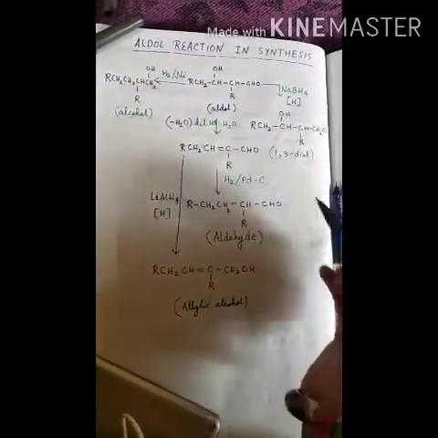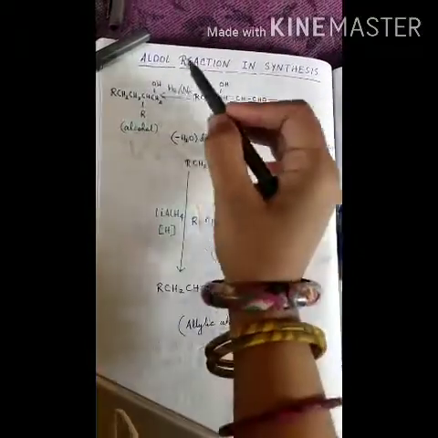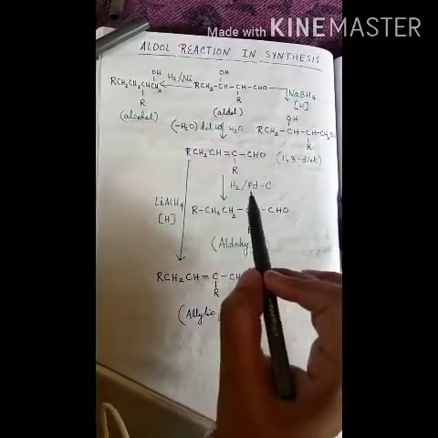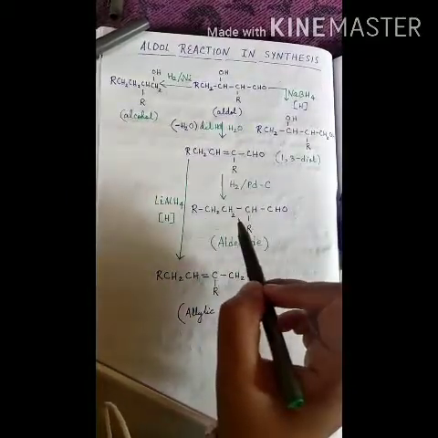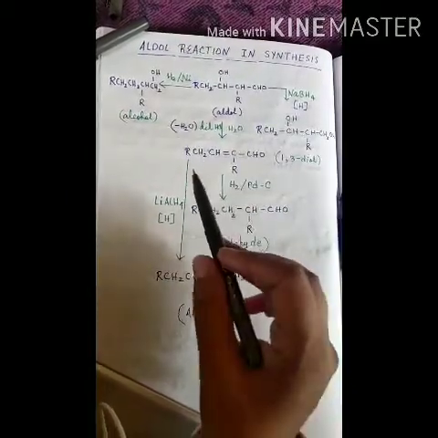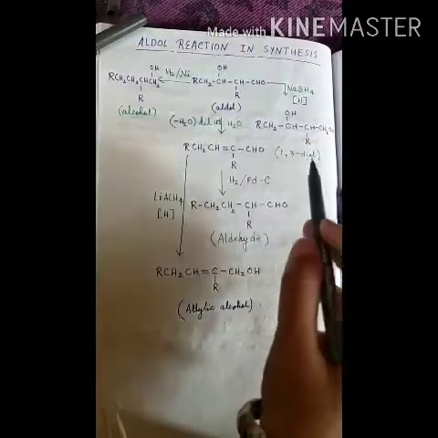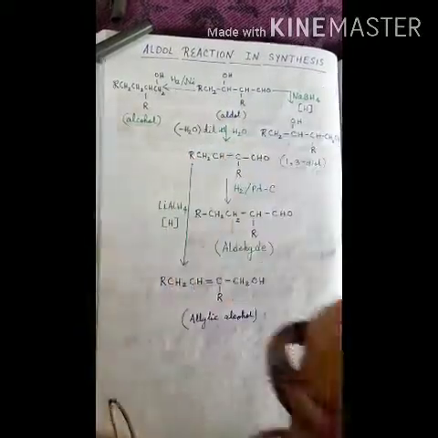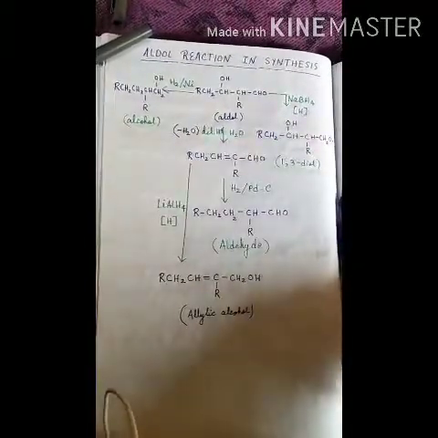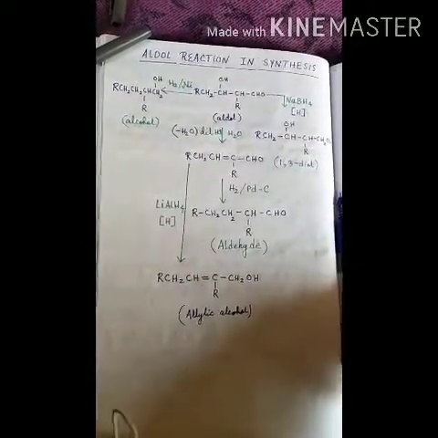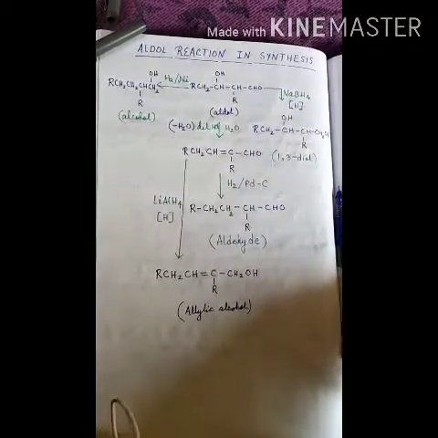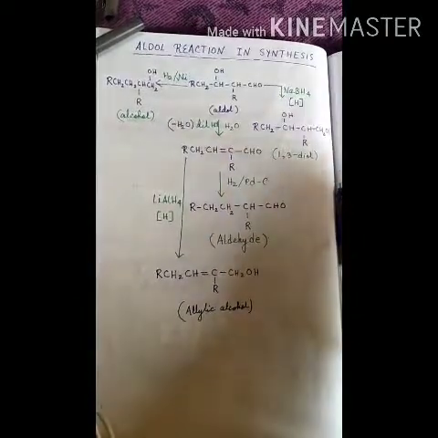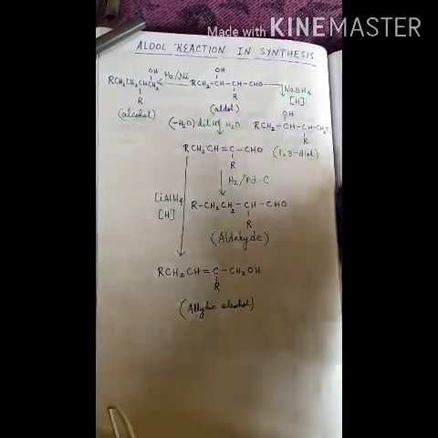So clearly remember the three different types of reducing agents that we have used. If hydrogen over palladium carbon, then we get the reduction only at the double bond. If lithium aluminium hydride, then the reduction only at the aldehyde group. And if hydrogen over nickel, then the reduction is at both the positions and we get a saturated alcohol. So whenever in the conversion you have to prepare any one from an aldol, use the reagents properly. Don't mess up with the reagents.